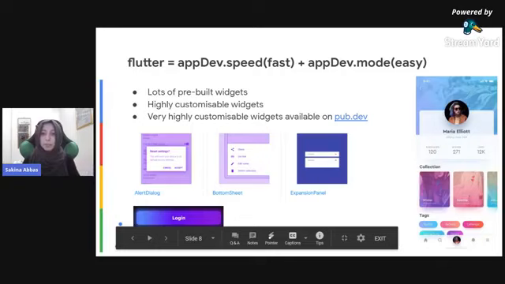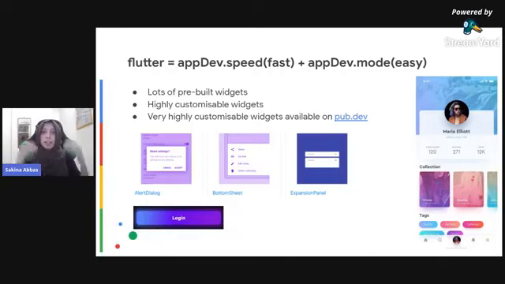So you basically put together a lot of widgets to create a very aesthetic UI as per your liking. And it's pretty fast and easy because you don't have to worry about what's happening behind the scenes. It's very easy reuse of code.